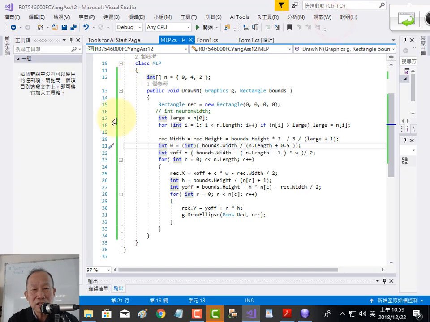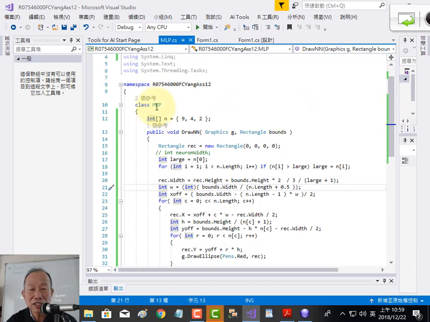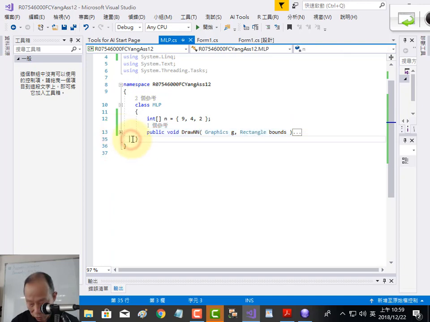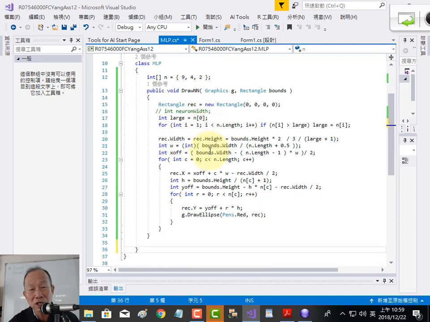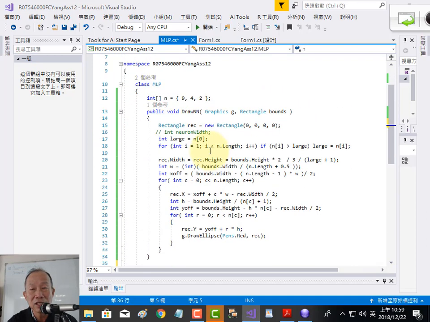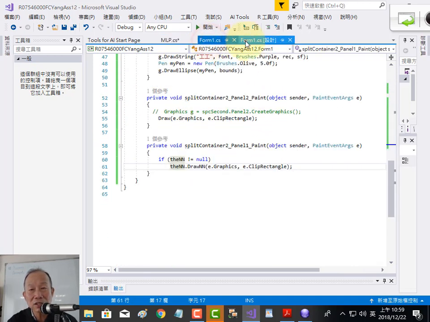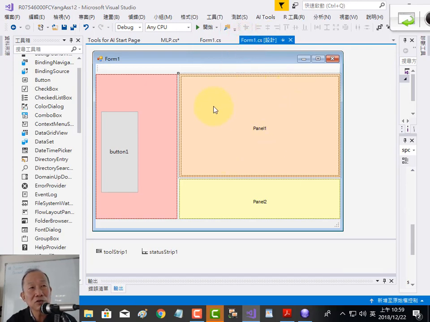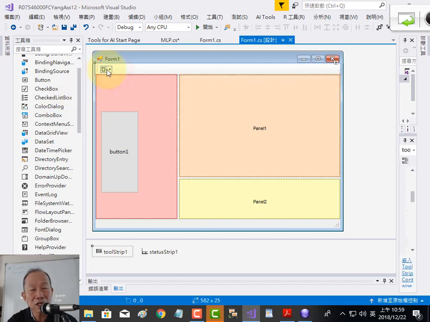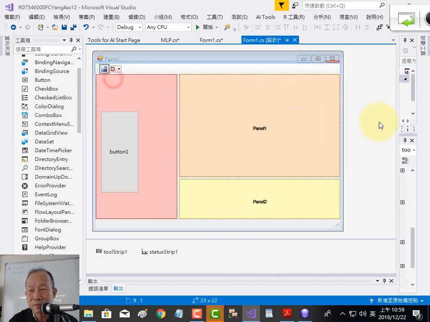So as you can see, we kind of carry out the object-oriented design, right? This is a multi-layer perceptron. It provides a draw function for the user interface to call. That's the beauty of object-oriented techniques. So later on, if the user would like to print out, use a printer to print out the graphics, we can do that. So for example, right now, if I add a button,